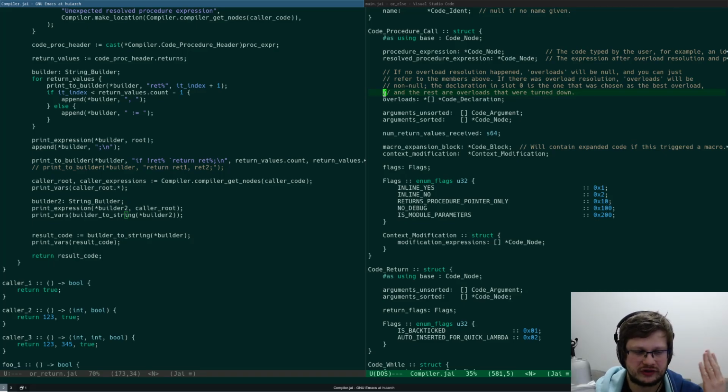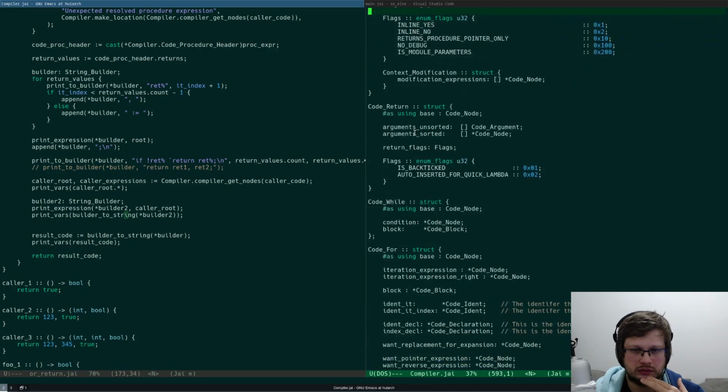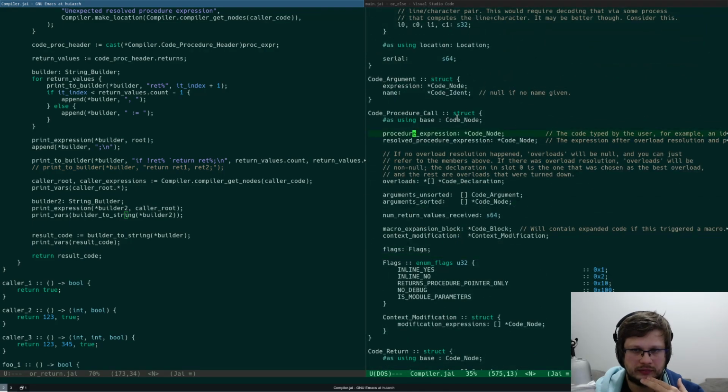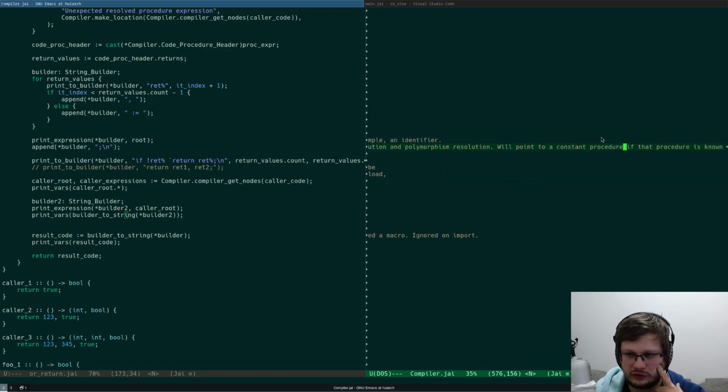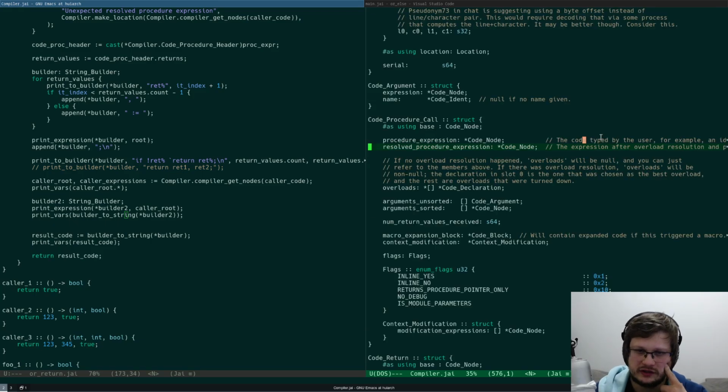We need to go up the tree. But it doesn't look like we have it here. The code typed by the user. The expression after overload resolution polymorphism will point to a constant procedure if the procedure. So this points to the procedure header.